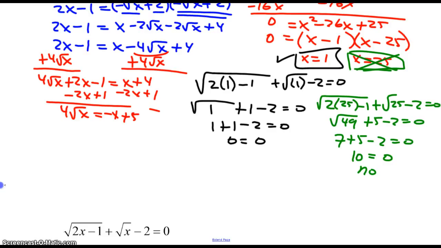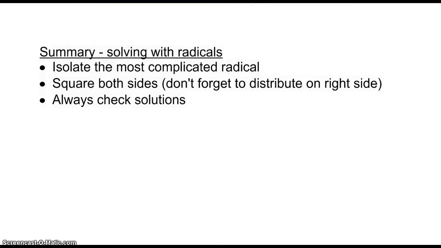Okay, a quick summary here. I realize it's a lot of work, but as you practice, you'll get better and more proficient. To solve equations with radicals, you should isolate the